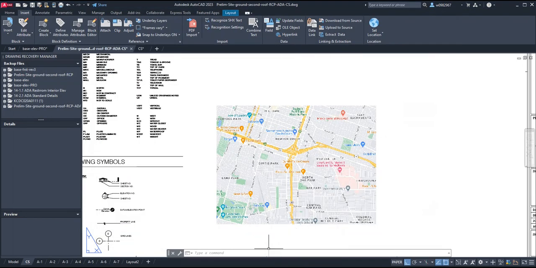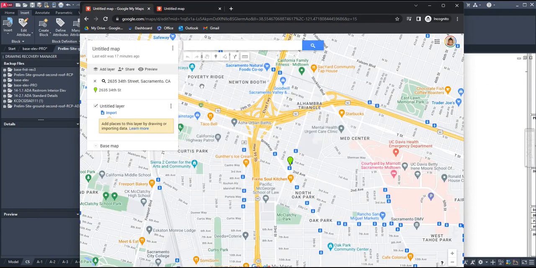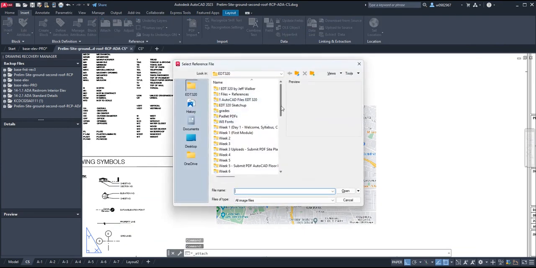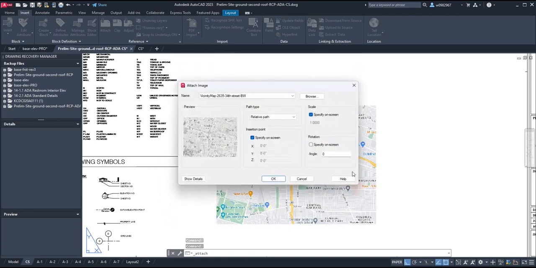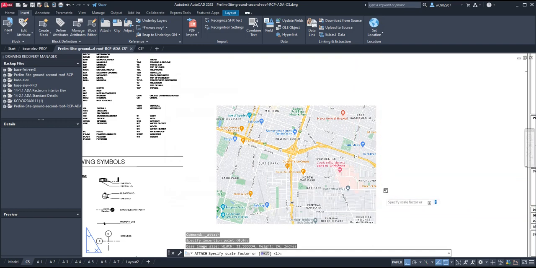Where is my tab again? So you can see on my Google map that it is just above the 2nd Avenue here on Broadway and 2nd Avenue. So make sure that you don't lose sight of where that is. So we're going to do the same thing again. We're going to do insert. We're going to do an attach image. And we're going to now insert the black and white version and simply put it where we need to put it. So just put it here and then